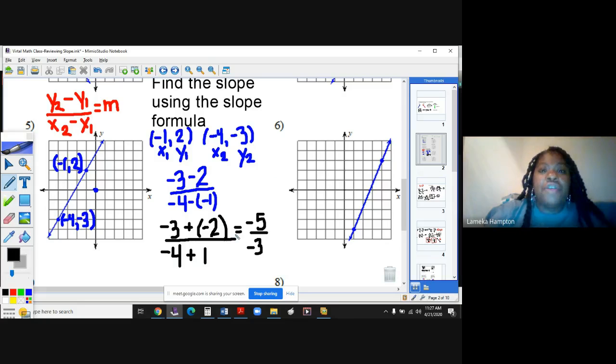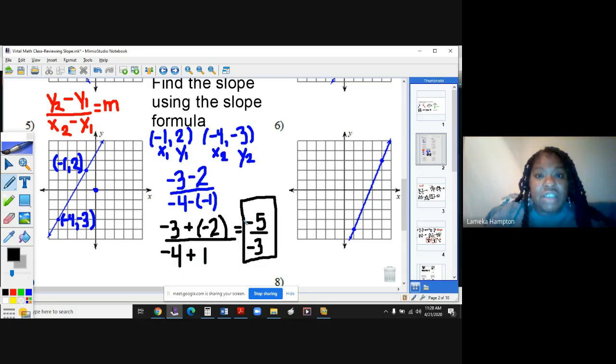Now, I know what you're thinking. Somebody pick me. Miss Hampton, I thought you said we had a positive slope, but I see 2 negative numbers. This is where knowing the rules of integers really comes into play. So what I have here, if I can find my cursor, is a fraction. And as I always tell my students, division is nothing more than fractions. Fractions are nothing more than division problems. So if I were to literally type in -5 divided by -3, I'm going to get